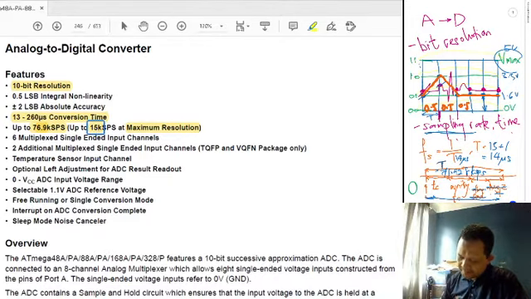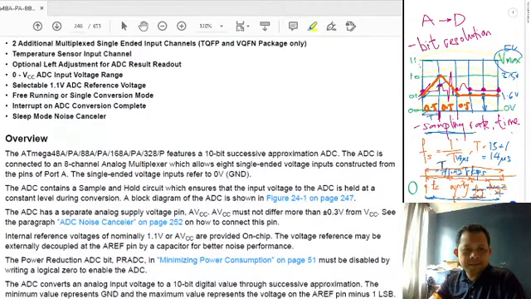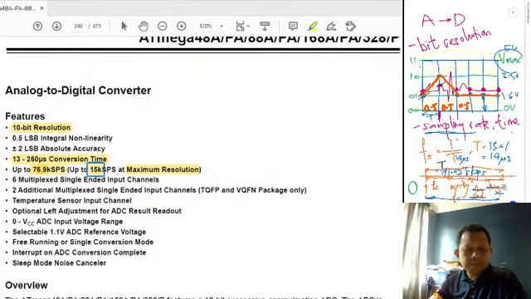So the most important points for the ADC are, one, bit resolution, and second, the sampling rate. So I will end this session up to now. That will cover the overall understanding of the ADC. In the next session, we will discuss how to do the settings